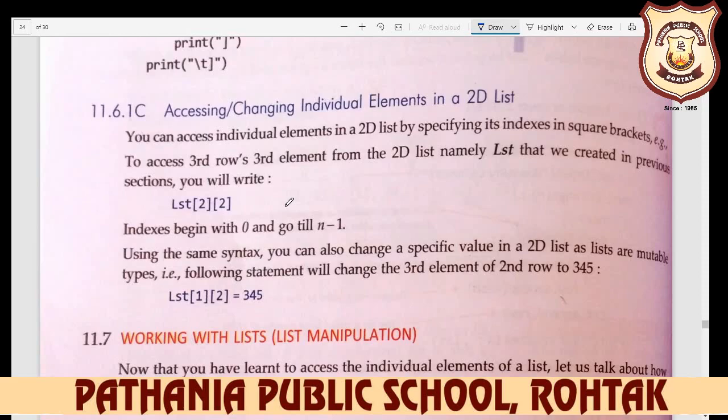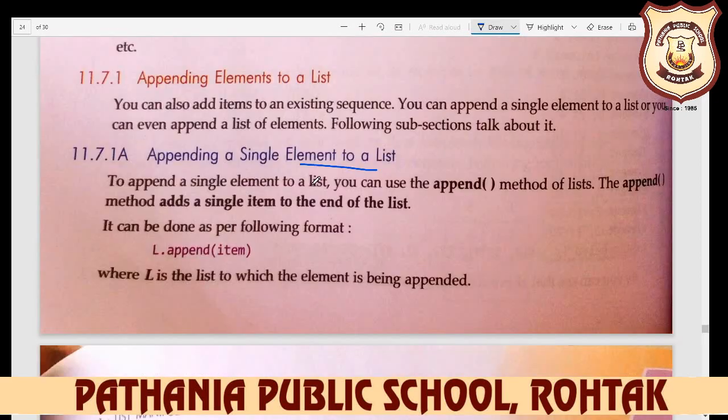Working with lists, you can say list manipulation: how you change the list, how you append elements to a list, how you remove elements from the list. Appending a single element to a list: to append a single element to a list you can use the append method of the list.